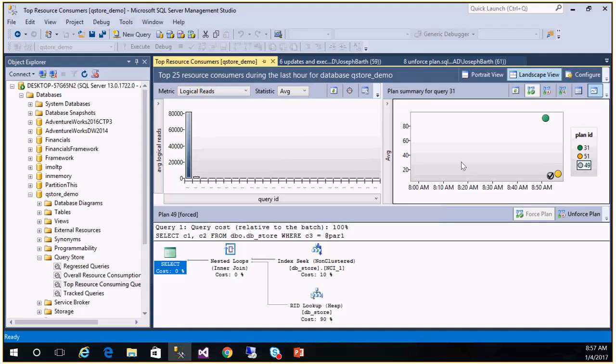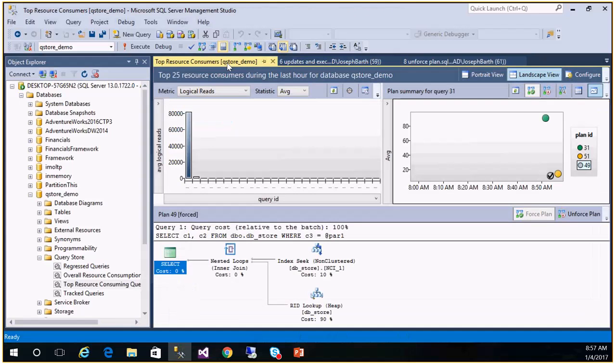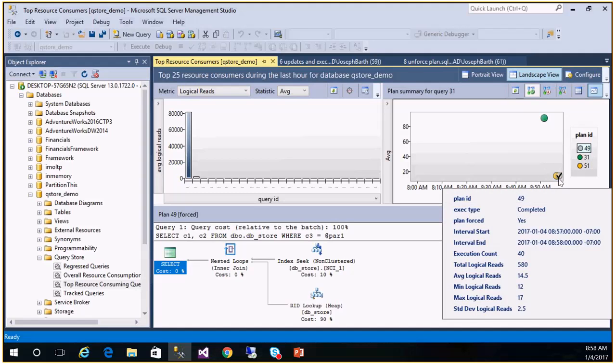And now when we run it again, let's see what happens and see which plan it uses. So this is important. This is how you force a plan. If you want, say this is your high level query and everybody's running it, and those logical reads are very important to the optimization. There you go. It ran 49 for us a second time,